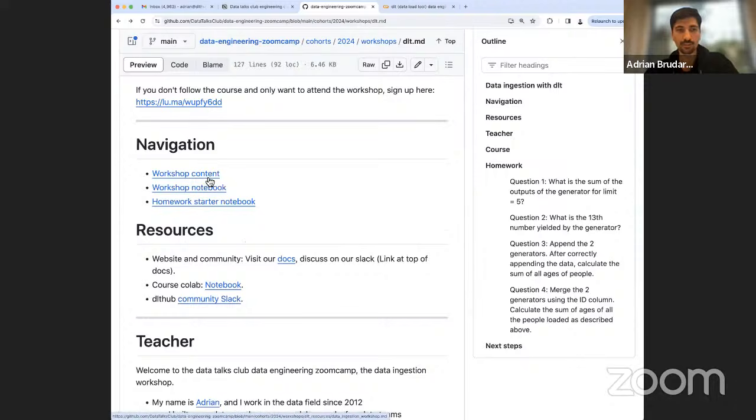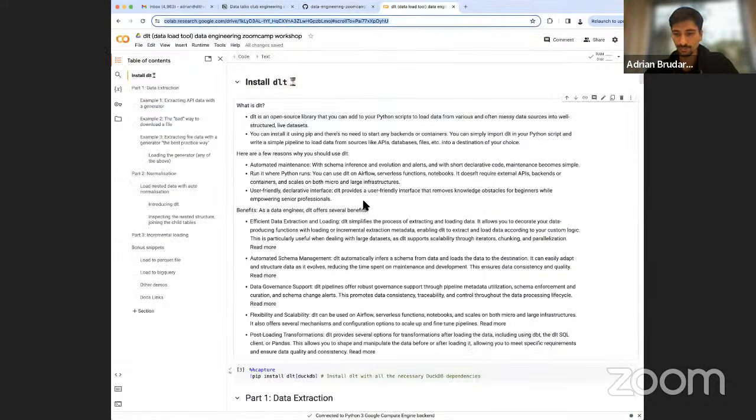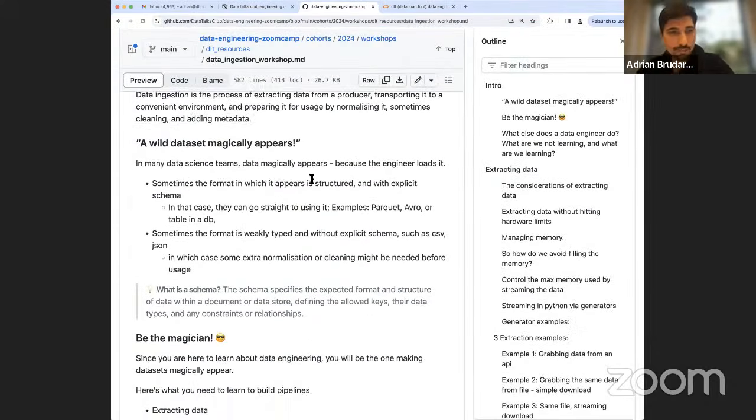I'm following this link here, the workshop content, in case you want to do the same. I already have the notebook open for later. I will zoom it in now. But all right, so